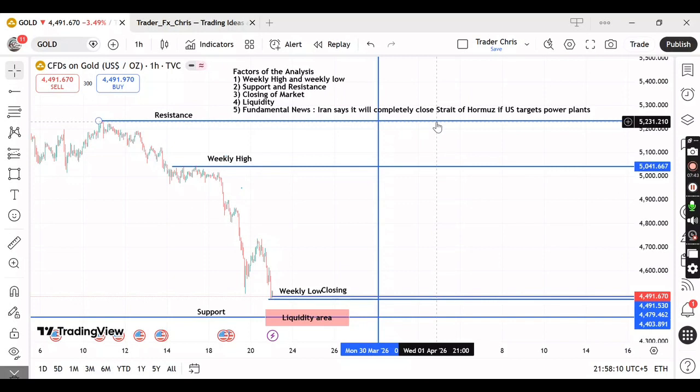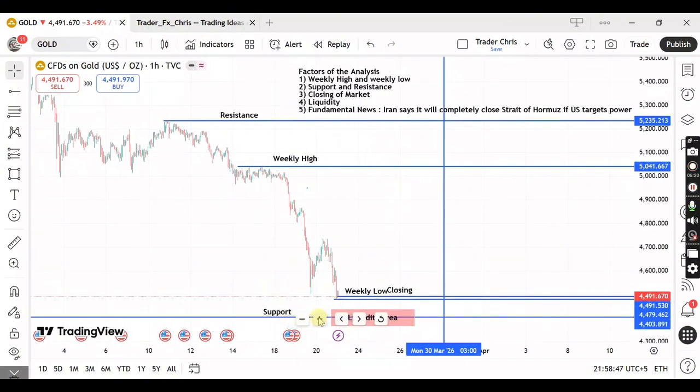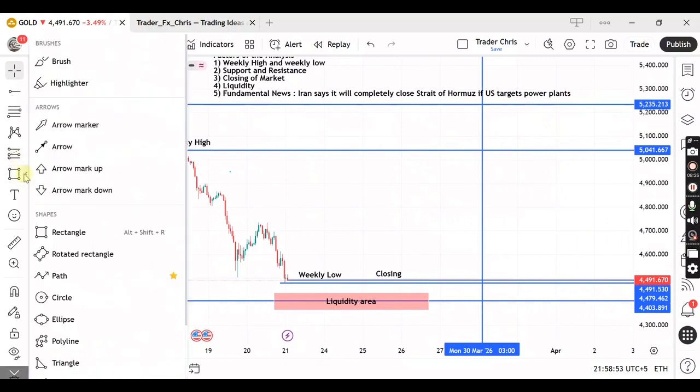If Iran closes the Strait of Hormuz, it could significantly disrupt global oil supplies, potentially pushing up oil and gas prices. And this might boost gold prices as a safe haven asset. Given the latter scenario, investors might flow to gold as a hedge against the uncertainty. So gold will get a direct boost, and it will take the upward direction. So here we will see where gold can go. So this is the path.